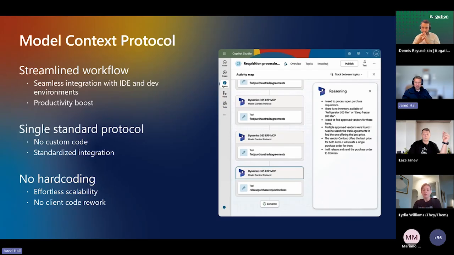What is available in your environment today for that MCP server exposes 13 operations. So it's a very, very limited subset of the operations that are available across all of F&O. And that's our initial foray into Model Context Protocol, to release it and make it available for you to, as simply as it showed in the video, add that server to an agent, and then you have access automatically to all of the operations that are available on that server.